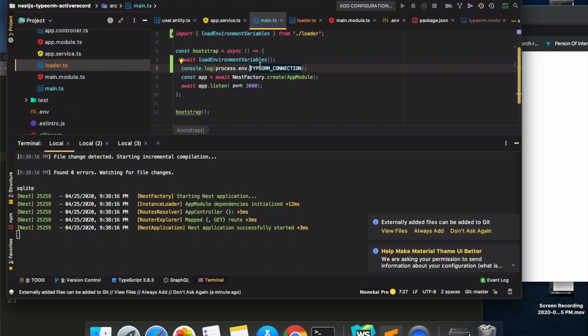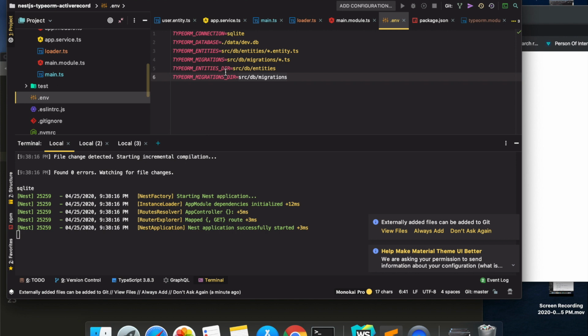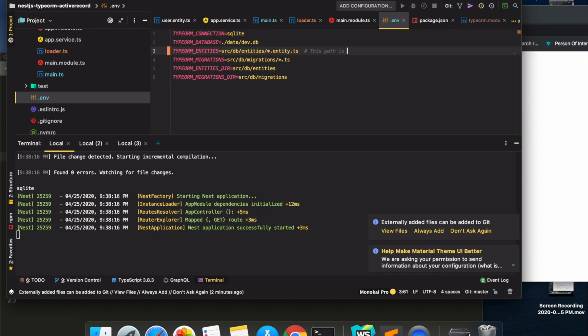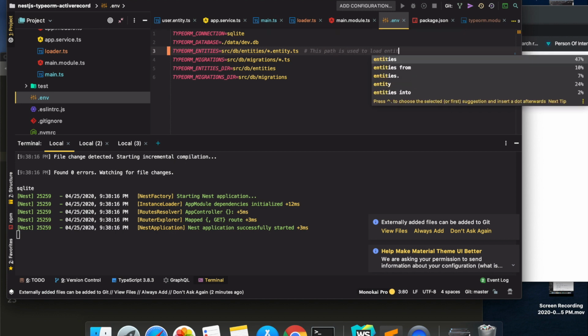Now the second thing that we need to change is in the env. You see we have mentioned a couple of TypeORM settings. Let's see what these settings are used for. The TypeORM entities setting is used to load entities in our code base.